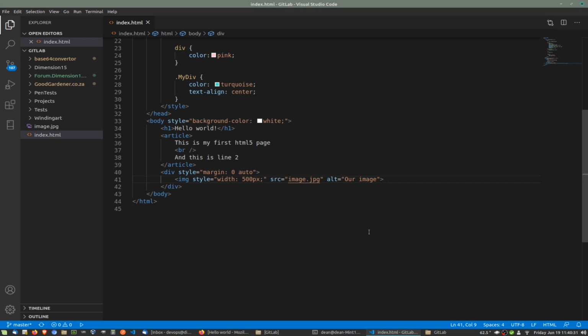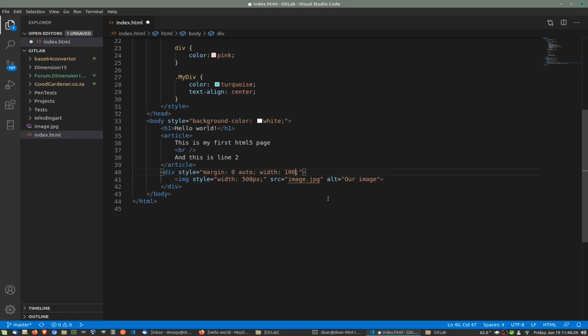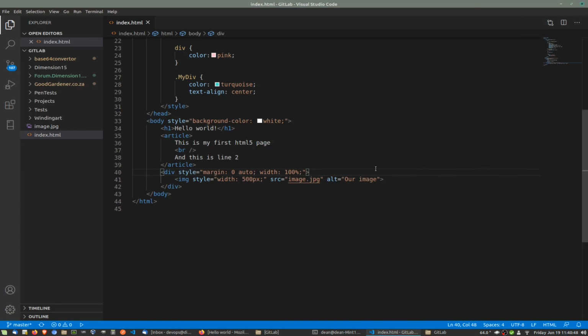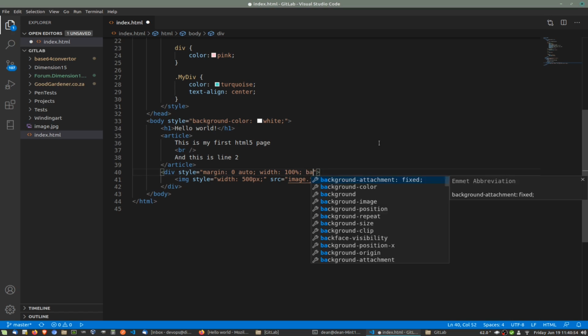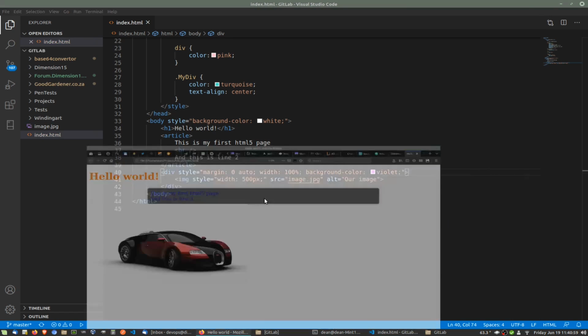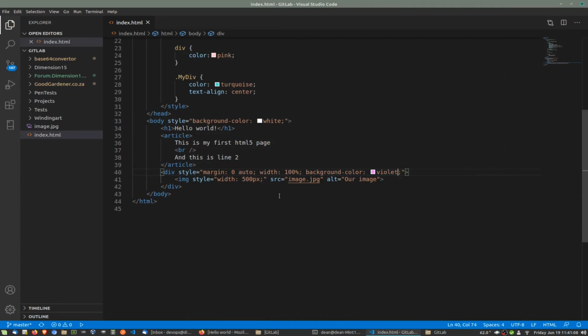Okay, so if we say just that, so we say then width is 100%. Still isn't like that. Let's just change our background of this div, so that I can see what it is. Just give it any old color, violet. And I often do this. So that's the colors. Okay, so the div is right, but the image is not. Oh, the image is not aligning to it. Okay, my mistake. So what we want to do then is